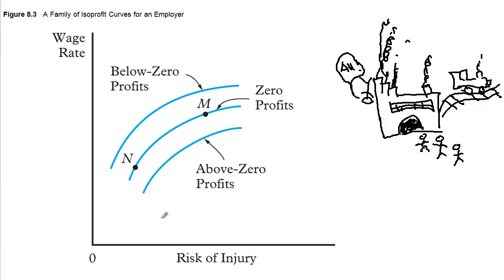Now we're going to look at figure 8.3 in Ehrenberg, and this figure is going to look at what Ehrenberg calls isoprofit curves for one particular employer. So let me explain that. We begin with this one employer here,